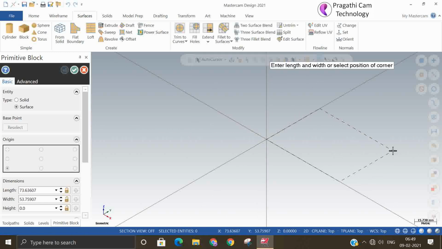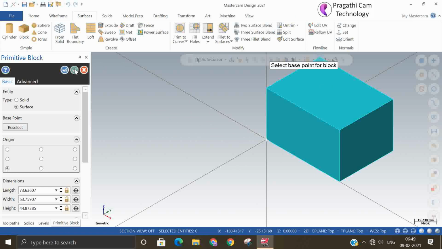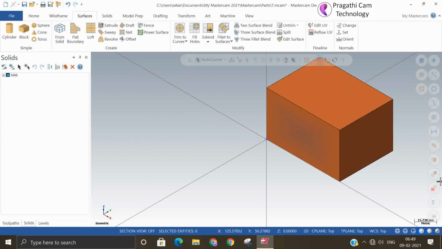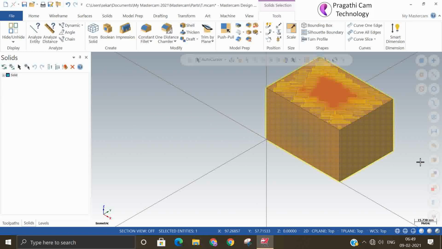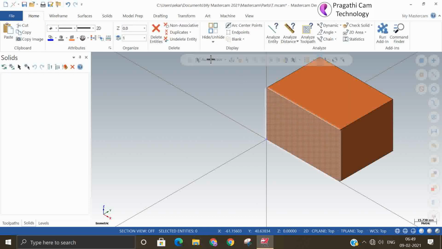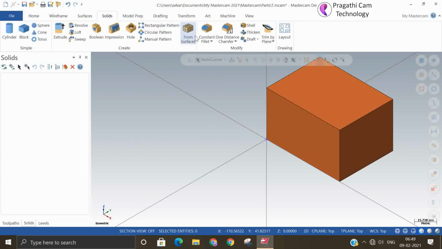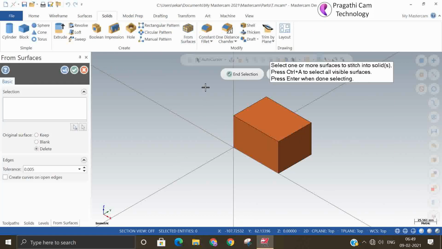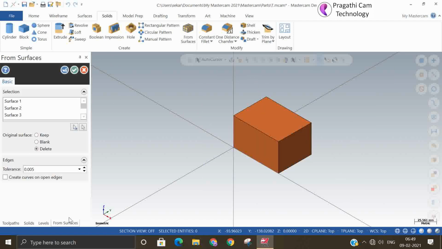Isometric. Okay. So I will delete my solid model now. So now we'll go to surface model is available with us. Surface model from surface. You can select the entire model. Okay. And selection. So you can set delete.